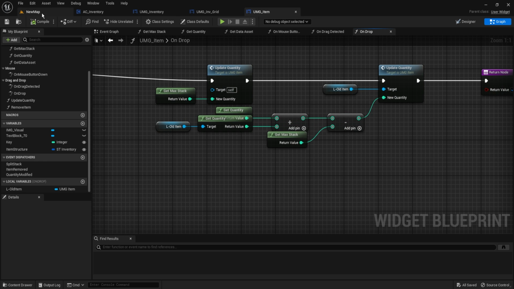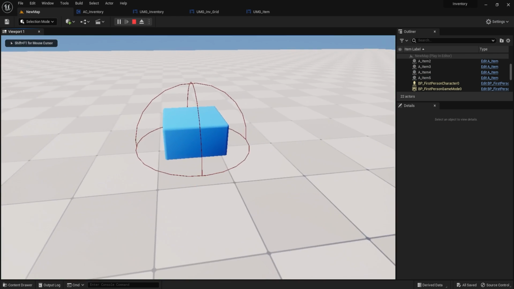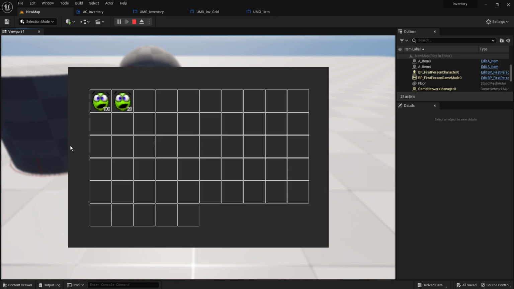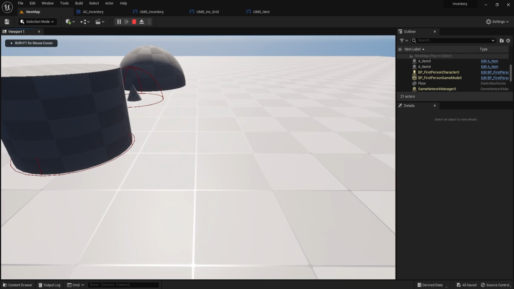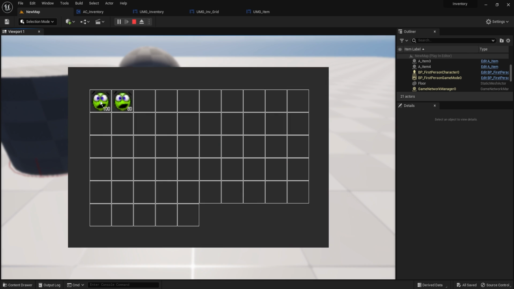No, we actually don't have anything to drop our items yet, so we'll do that as well. So right now, if we have this, we cannot drop it because it's full. But if we split that, we can drop 70 on top. It updates, it remembers. If we close it, it still knows. If we move that to the side, it knows it as well. If we drop it here,